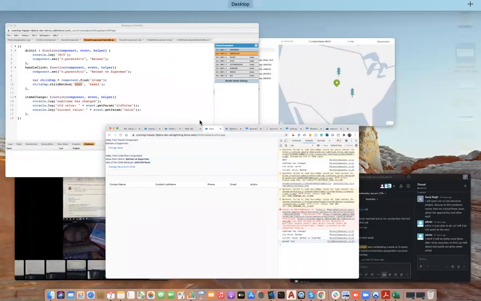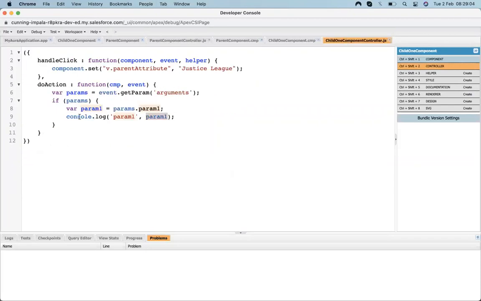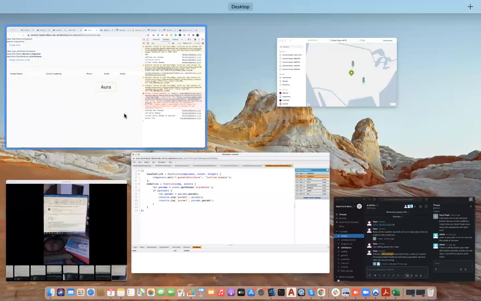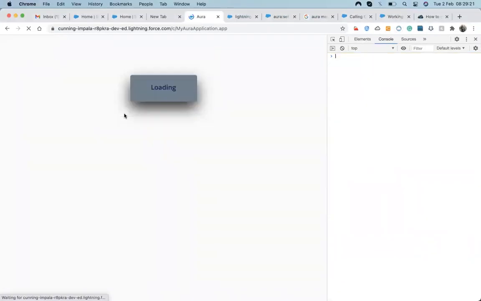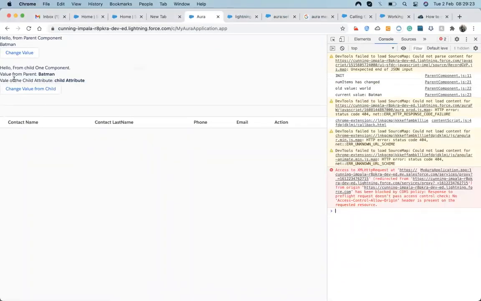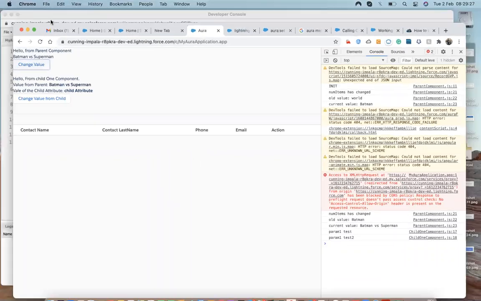Suppose I need to see the value in param 2. Yeah, you can see that I can see both the values which are being passed.